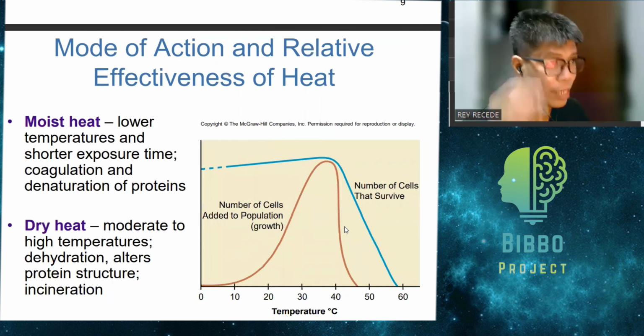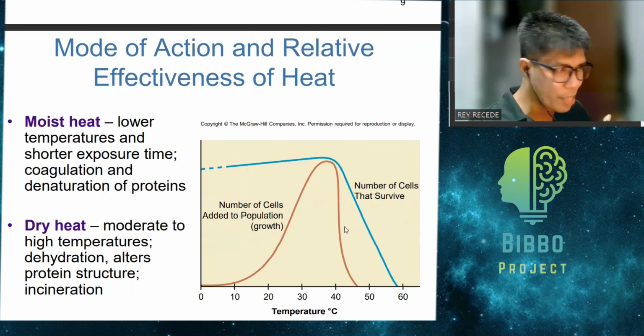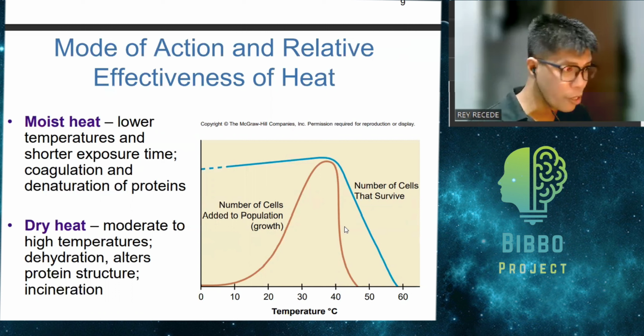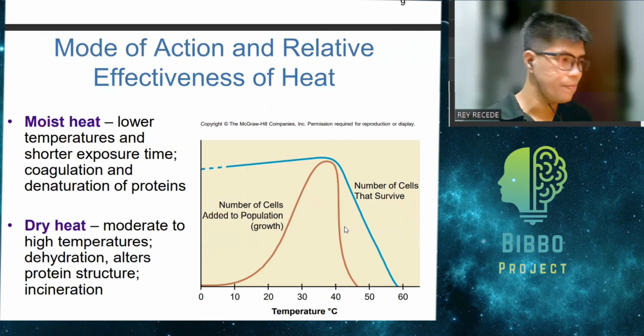Mode of action and relative effectiveness of the heat. So in moist heat, lower temperatures and shorter exposure time lead to coagulation and denaturation of proteins. When proteins are denatured, there are changes in their chemical structure, making them not the type of protein that they used to be anymore. Dry heat, moderate to high temperatures, dehydration alters protein structure,